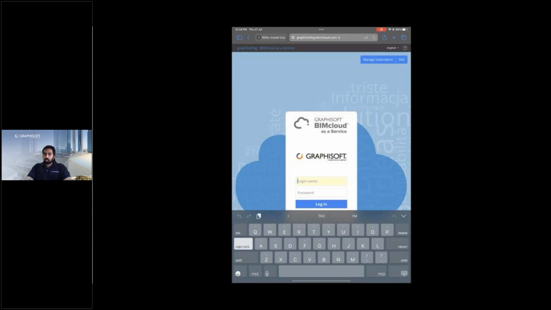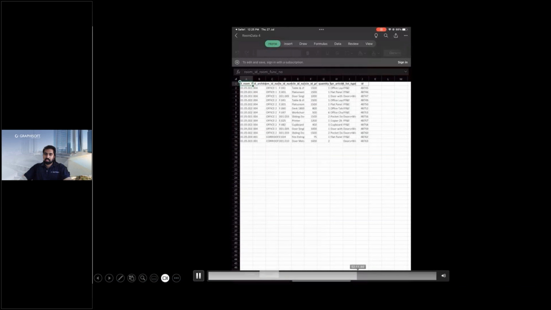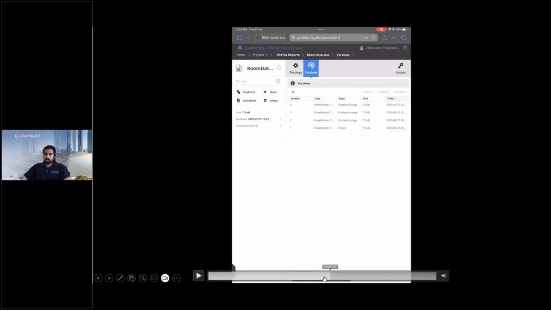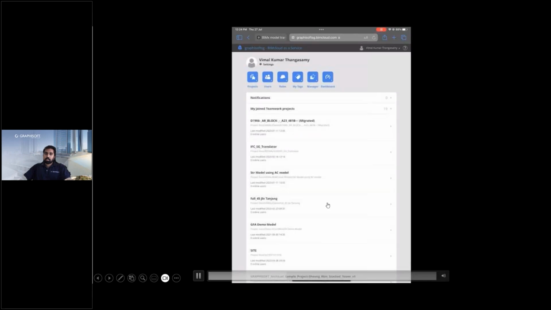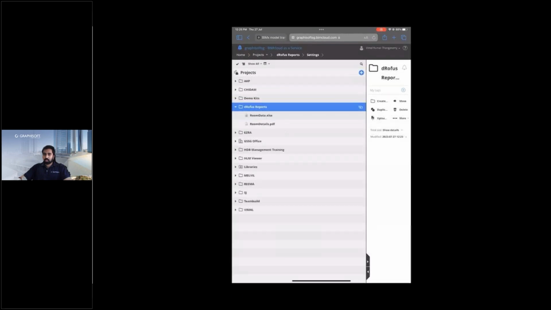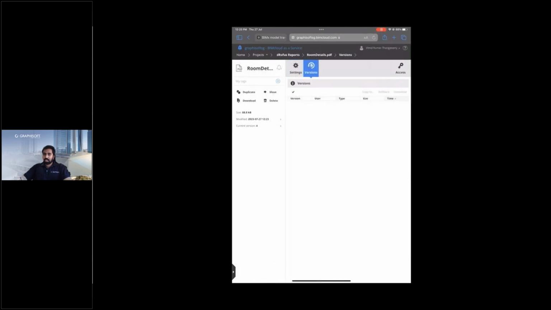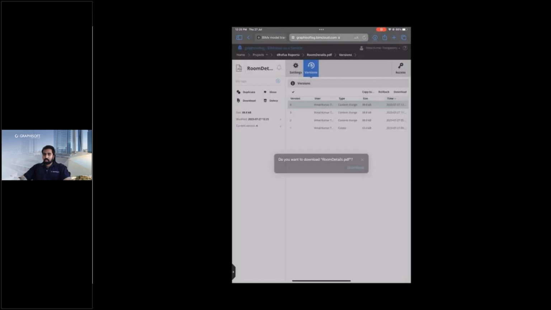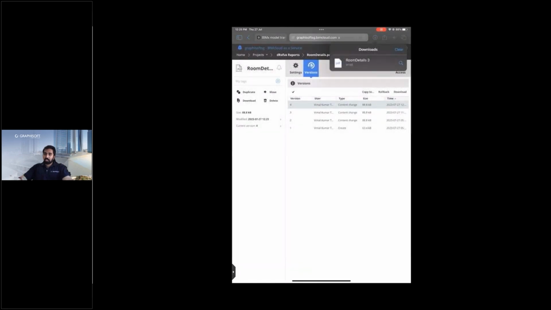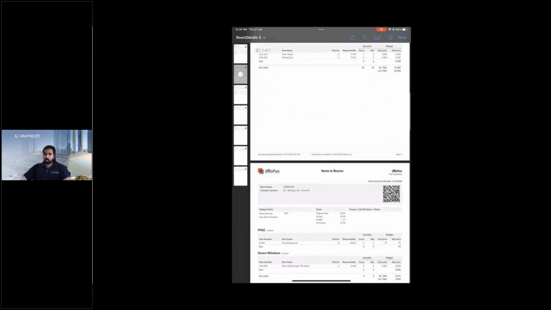So here I'm going to show how this information can be consumed from this report to the BIMx. Let me show that. Yeah. So once I use a mobile device like an iPad to log into my BIMx, I can check out the information based on the access rights that I have. So as I told earlier, you just select the right version and then you can just download it. And then you can see, you can customize the report in the way that you want. So this particular report, I'm just showing the default report from dRofus,